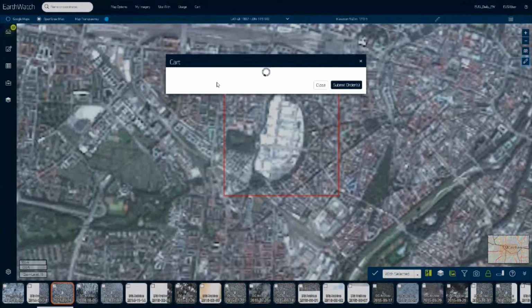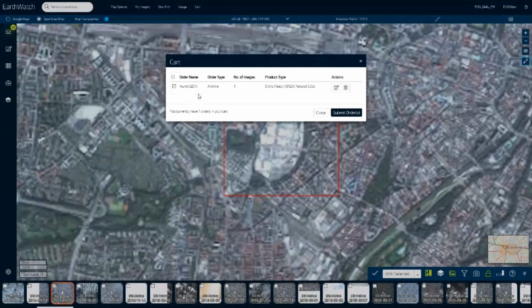From where you then can submit the order if it shows up. Here it is. Now we submit the order. By submitting the order, you place the order, and you will receive an email notification that the order has been placed.